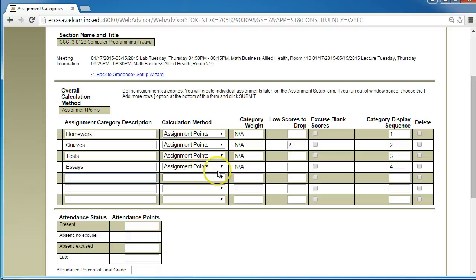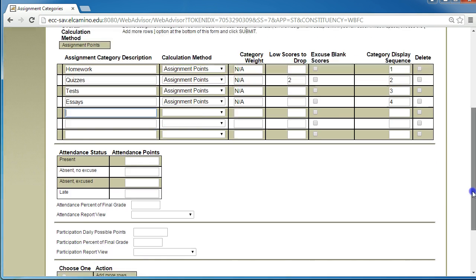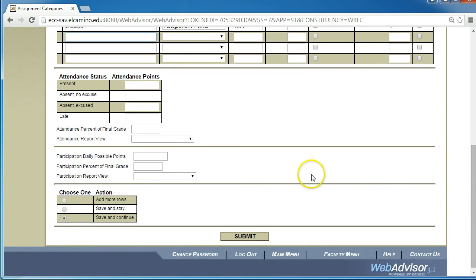The third way of doing it is by using this screen. If you use this option, you should note that participation is calculated as a percentage of the grade, not a specific number of points. So let's say I decide that I'd like participation to count for 5% of the grade in my class. I would just type a 5 in here, and an easy way to fill in this box